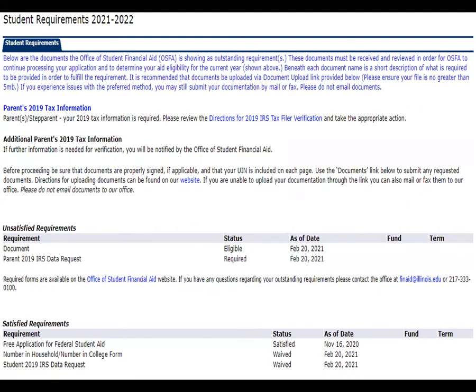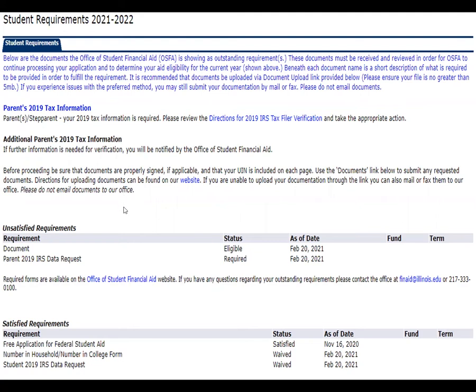That document upload tool is always going to show there in the unsatisfied requirements whether or not you have any actual requirements you need to submit. So don't be surprised if you see that there year round. It's important to note that having unsatisfied requirements may prevent us from creating your financial aid notification. We ask that you respond to requests for documentation as soon as you can to avoid any delays in the financial aid process.